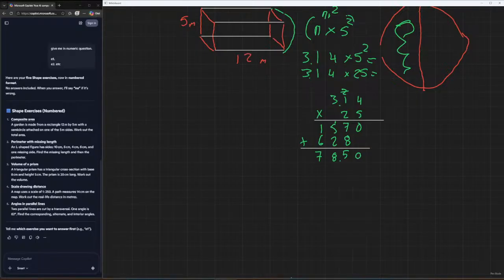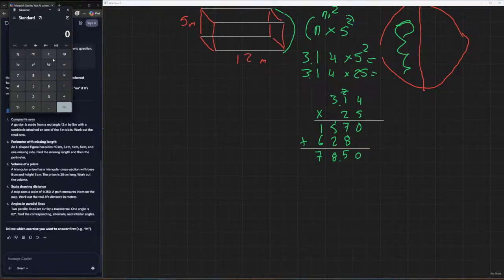I'm not gonna do the whole thing, I'm just gonna use a calculator because I don't want to waste time, especially now that I'm annoyed. So half is 39.25